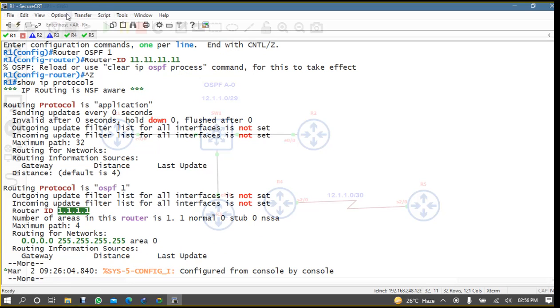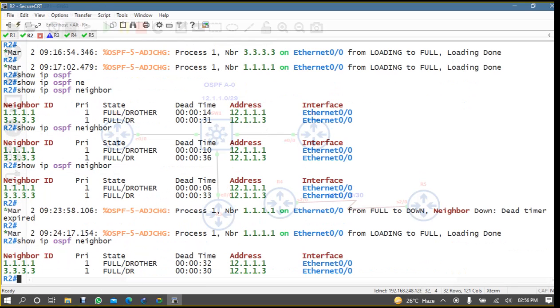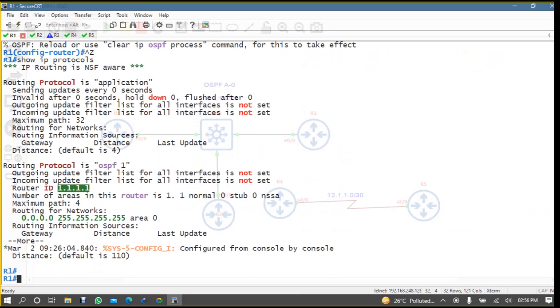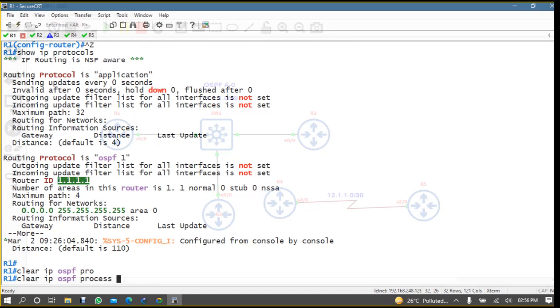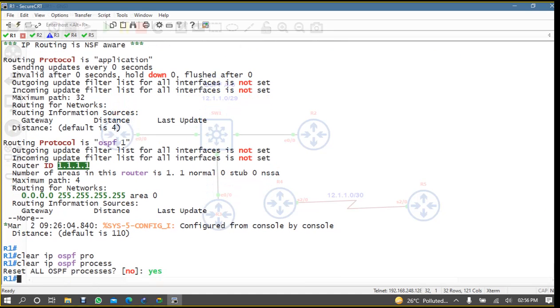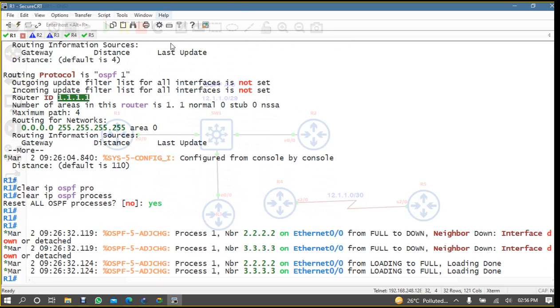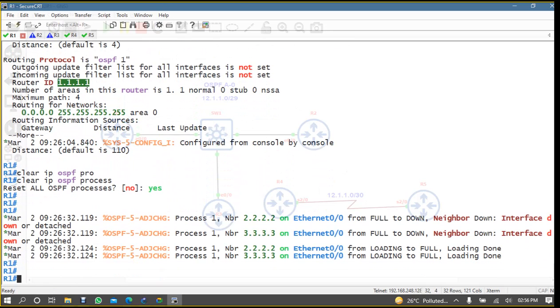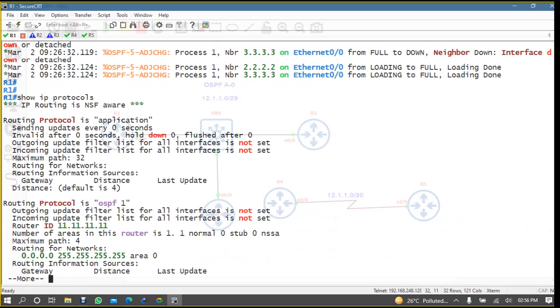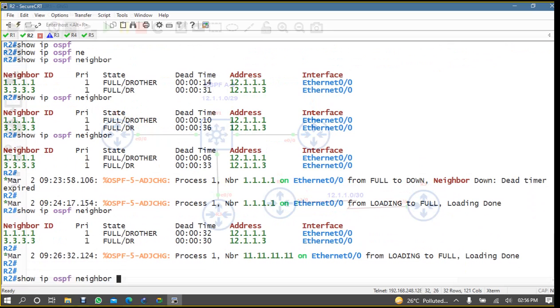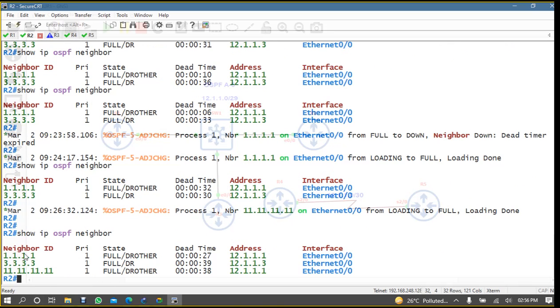Are you getting it? And if you come to your neighbors to check this, see, it hasn't updated. If you want to update the new router ID, you have to run one command. Which command? See, clear ip ospf process, enter, and then say yes, and it will resynchronize with the neighbors. If you check now, show ip protocols, see, it has been updated here, and after that if you check in your neighbor sites, see it is updated here, and the old one will go out